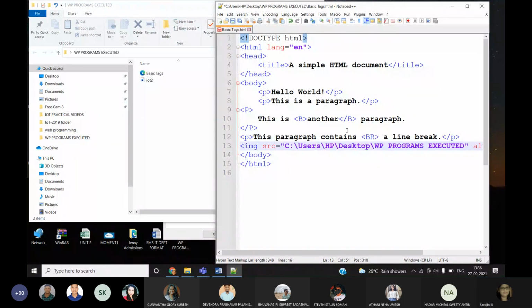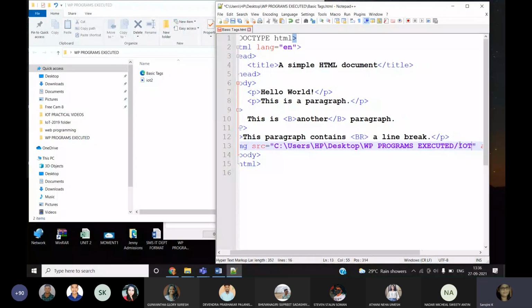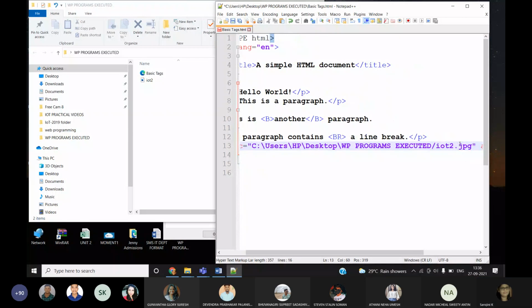I copy pasted, but this is not enough. Slash IoT2.jpg. So observe here, this should come within double quotes.